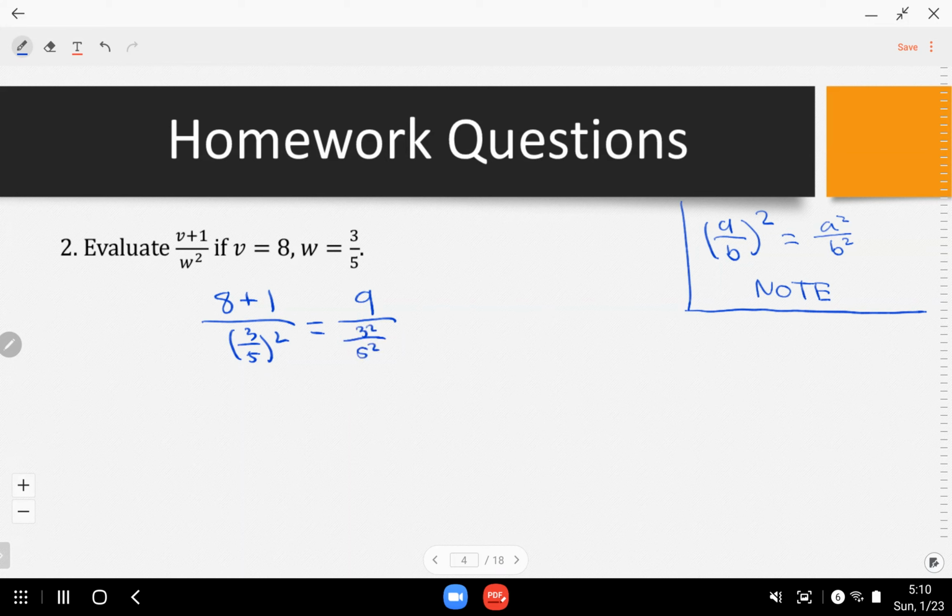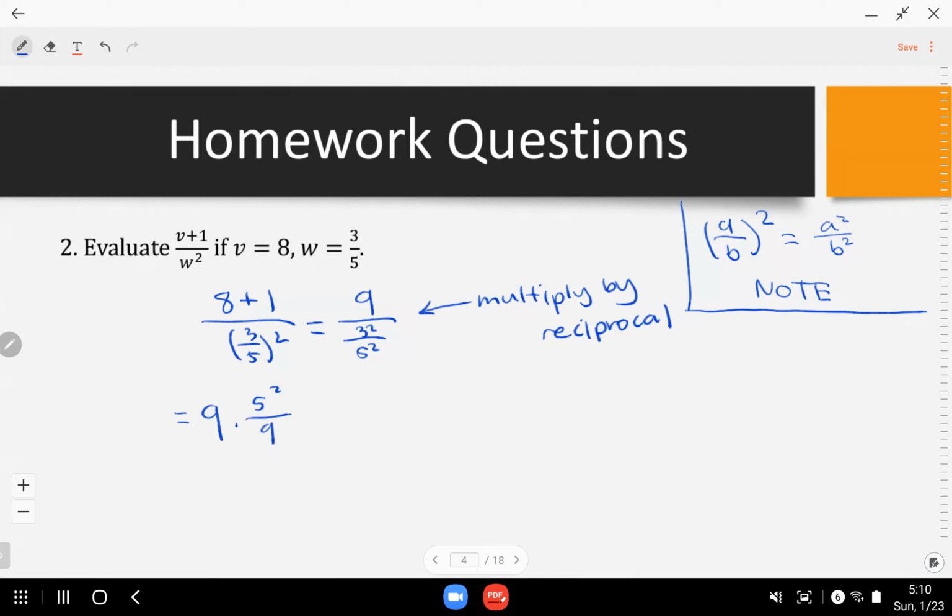Okay, and also, I know a lot of you have learned this in 5th grade or 6th grade. When you have this big number 9 divided by another fraction, what happens when you divide by a fraction? You basically multiply by its reciprocal, okay? So make sure you multiply by the reciprocal. So when you multiply by the reciprocal, basically what you're doing is 9 times, flip the fraction, 5 squared over